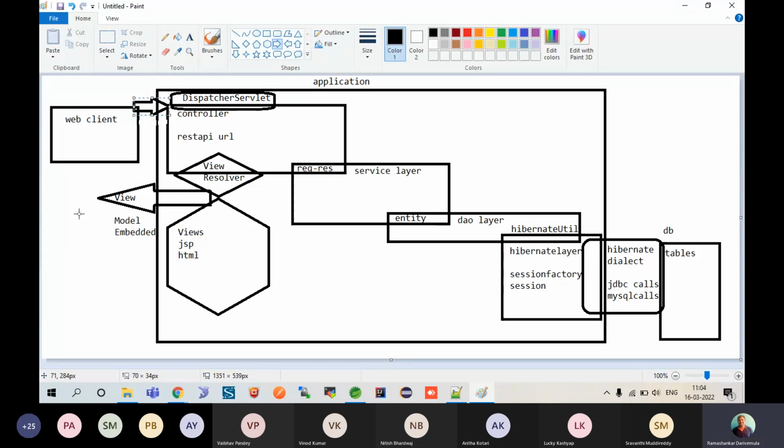This is the request and this is the response. Okay, so let me explain this slowly. Whenever there is a request coming, as usual, in Spring MVC, dispatcher servlet is identified as a root servlet